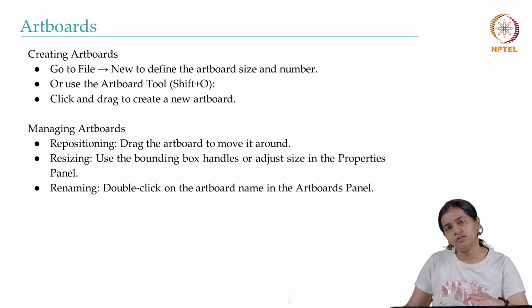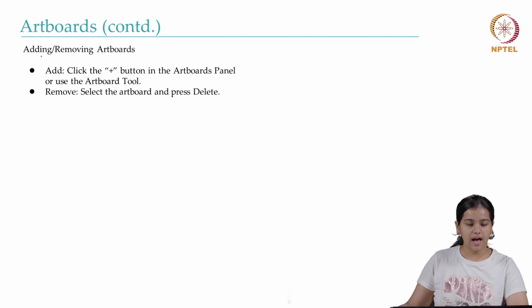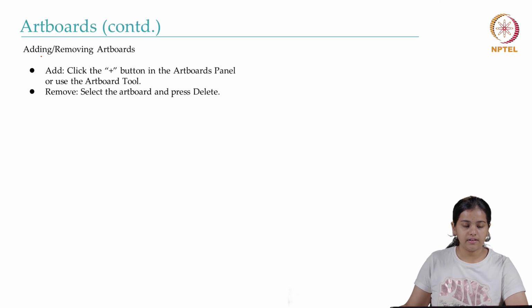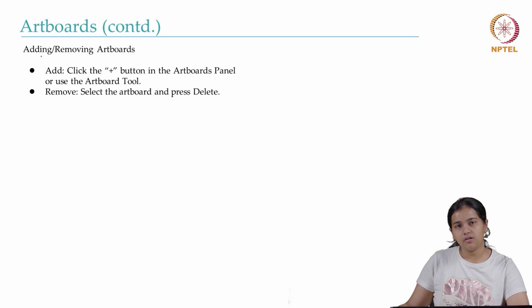To manage the artboard, you just have to be in the artboard editing mode, and you can simply drag to reposition, and you can resize them by adjusting their edges and corners. To add an artboard, you can simply click the plus button, or you can hold the alt key on your keyboard and drag the canvas. This will copy your current canvas.